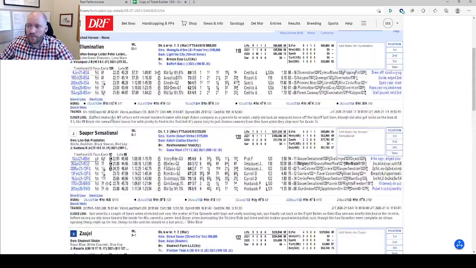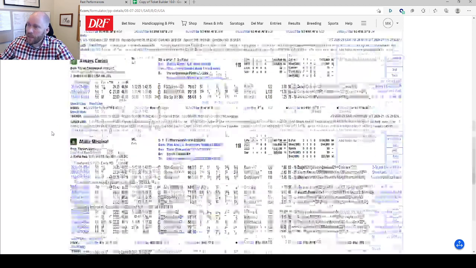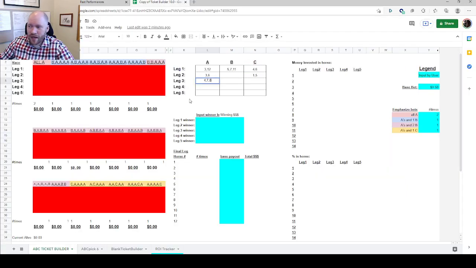But I think there's a lot of others in here who may be true one turn 7 furlong types, where I really think Search Results probably wants a mile and a 16th, a mile and an eighth. I mean, she's run really well at a mile and an eighth. I just don't understand why they're cutting her back here. Obviously, Chad's a smart guy, but something feels funny. So I'm going to spread a little bit in here. I'm going to go 2, 3, 4, and... oh, I'm sorry, I have the 4. 2, 3, and 5 here.